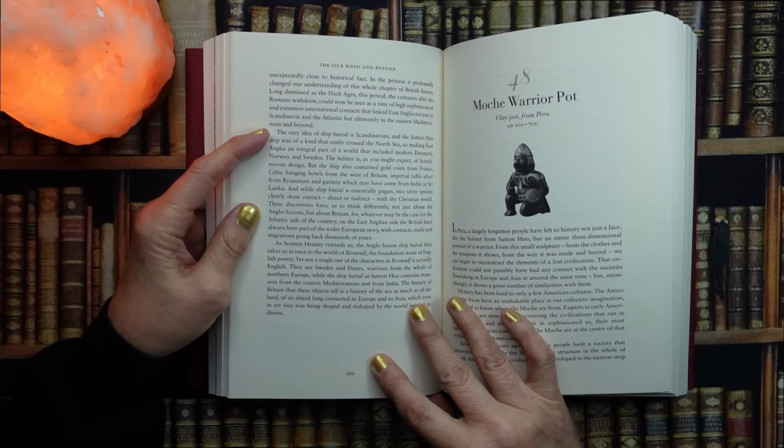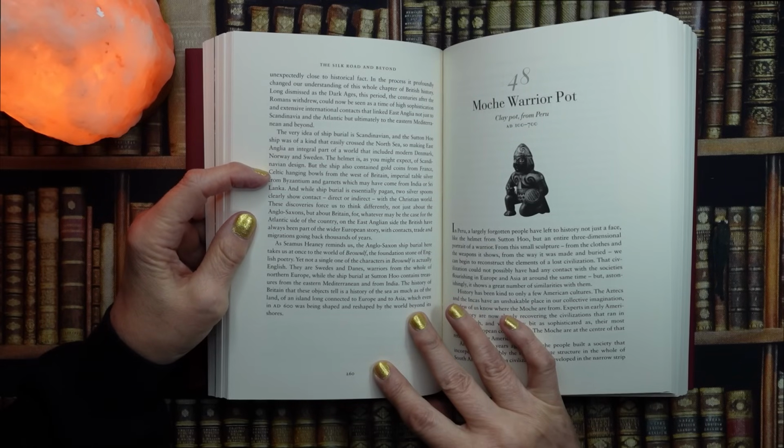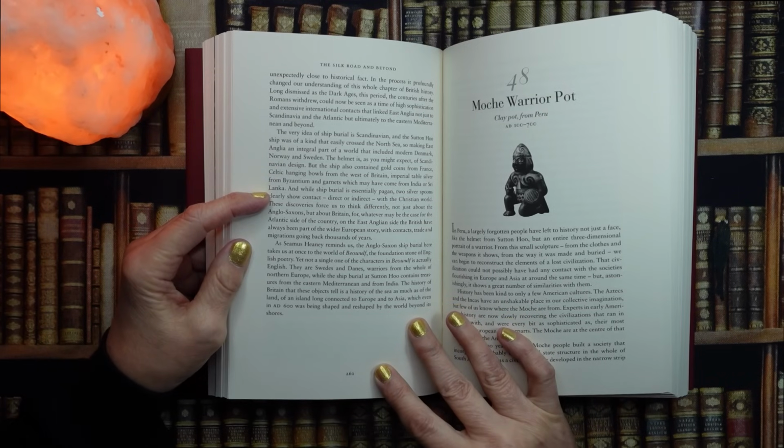The very idea of ship burial is Scandinavian, and the Sutton Hoo ship was of a kind that easily crossed the North Sea, so making East Anglia an integral part of the world that included modern Denmark, Norway and Sweden. The helmet is, as you might expect, of Scandinavian design, but the ship also contained gold coins from France, Celtic hanging bowls from the west of Britain, imperial table silver from Byzantium, and garnets which may have come from India or Sri Lanka. And while ship burial is essentially pagan, two silver spoons clearly show contact, direct or indirect, with the Christian